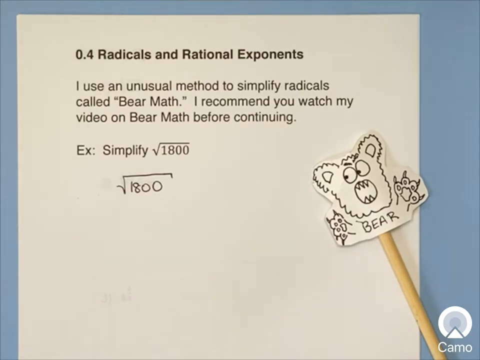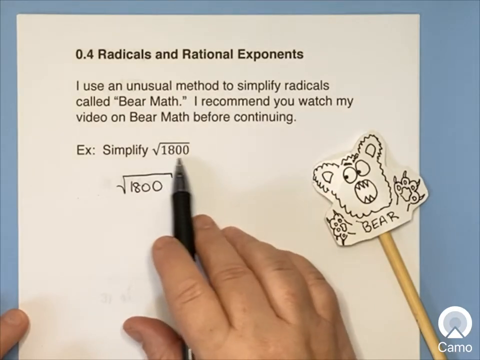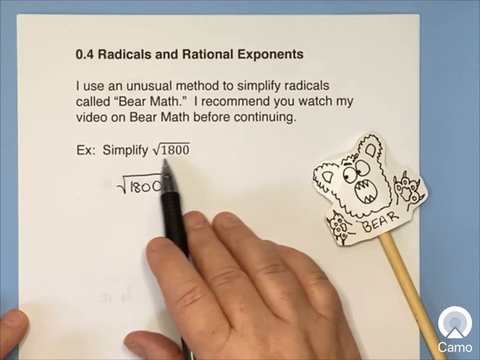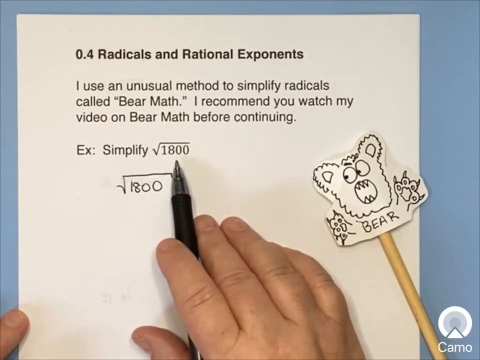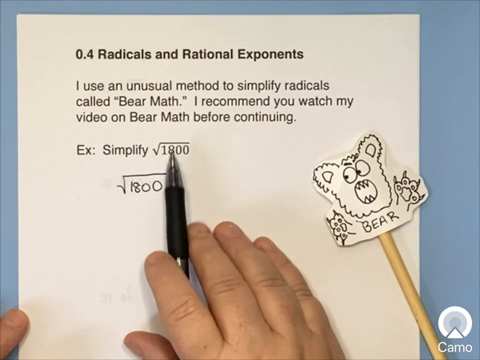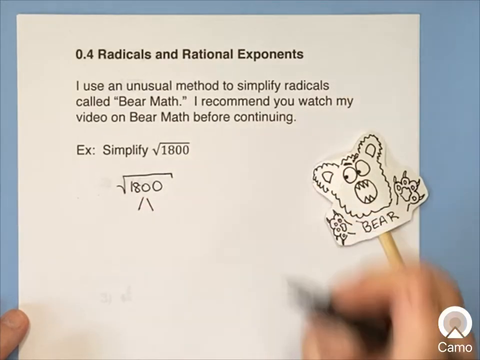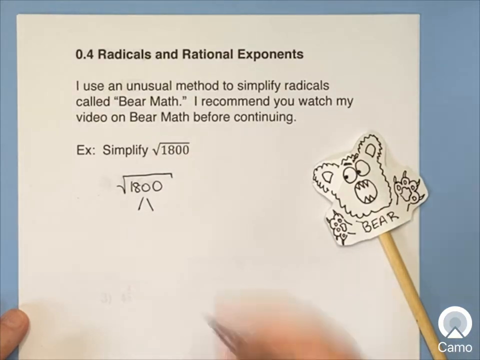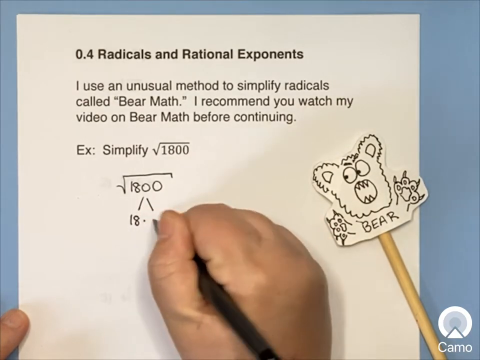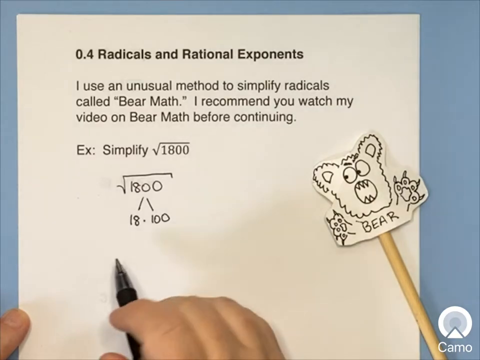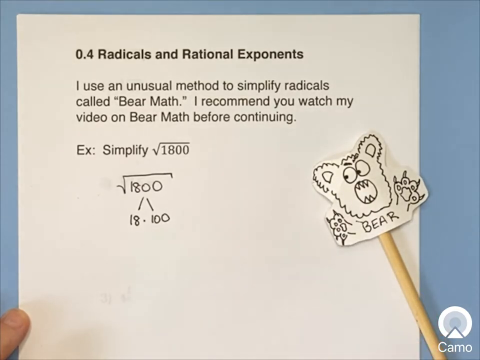So what we do to begin with is, if the radicand, that's whatever's inside the radical, or the square root in layperson's terms, is really complicated, I'll set up a factor tree. So for example, 1800, I happen to know is 18 times 100. You might know it is 2 times 900, or 3 times 600. However you want to start off,